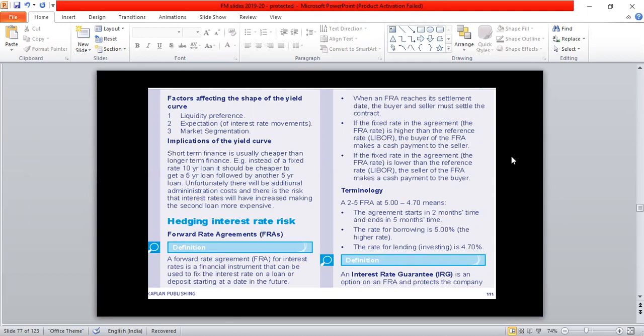Again, it comes back to how quickly they want to convert it back into cash. Second one is the expectation, purely expecting what would be the interest rate at a future period of time. Okay, market segmentation, it's about